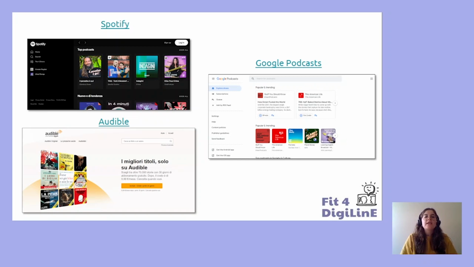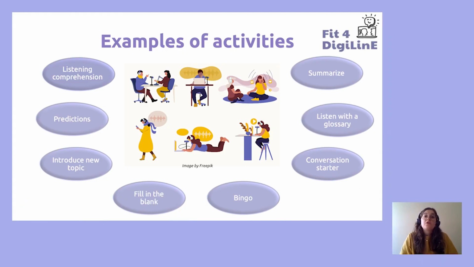Here we can see some of the most commonly used platforms where you can find many topics for every need and taste. Of course, learning activities aren't only limited to that. Here we can see a few examples of fun and interactive activities we could do with our students starting from a podcast.